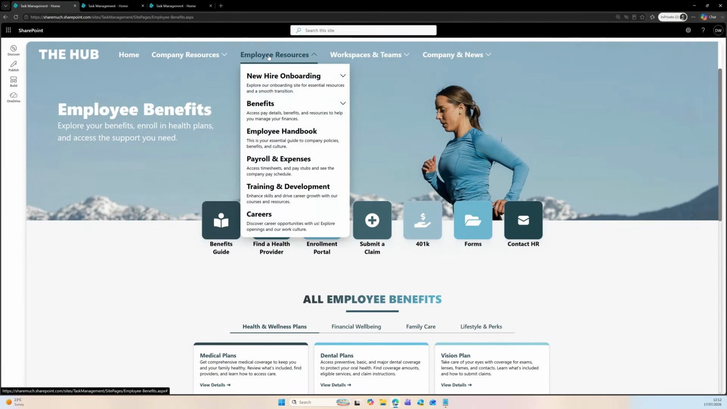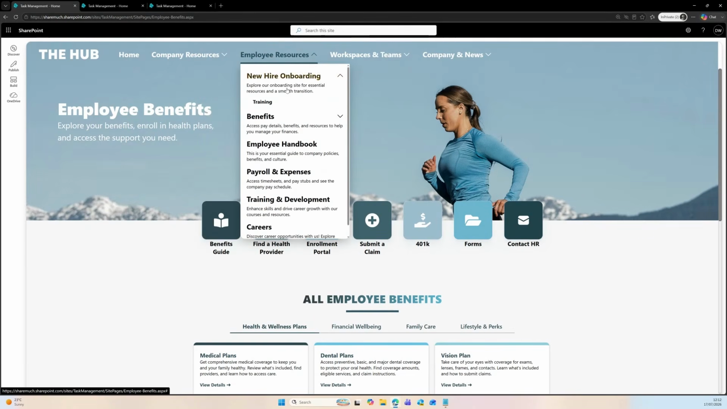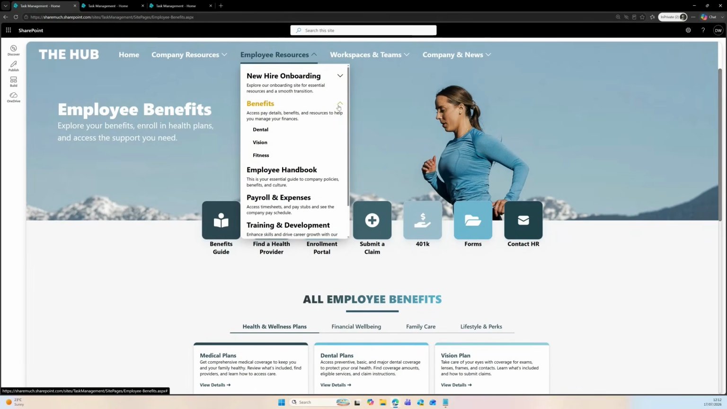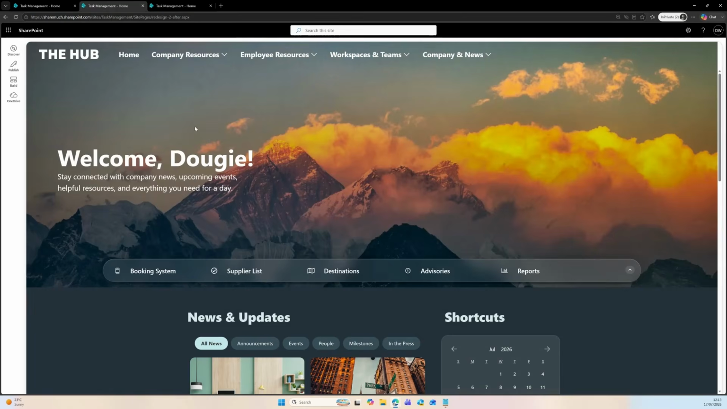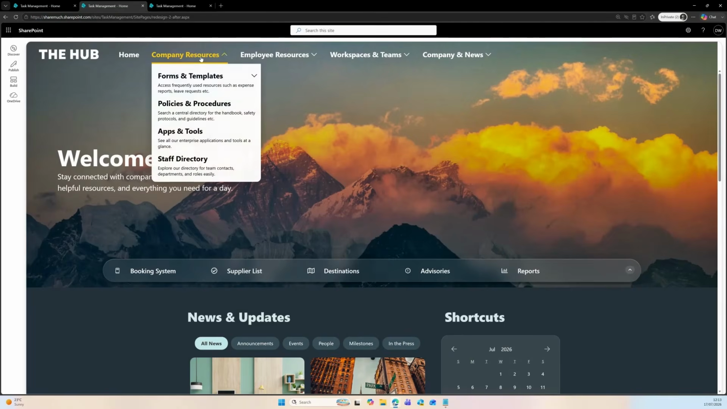Again, when we hover over, you can see we do have a drop down, and this time we've actually got a mega menu which is stacked on top of each other. So you can see when we click on the little arrow here, we see that underneath benefits, we've got dental, vision, and fitness. Here's a second example of an Origami intranet homepage, and this is where we've got the navigation bar across the top again,